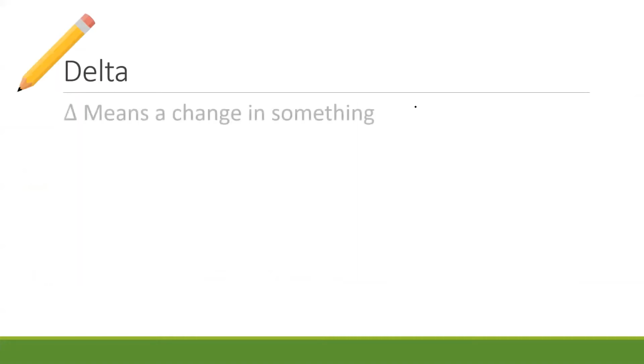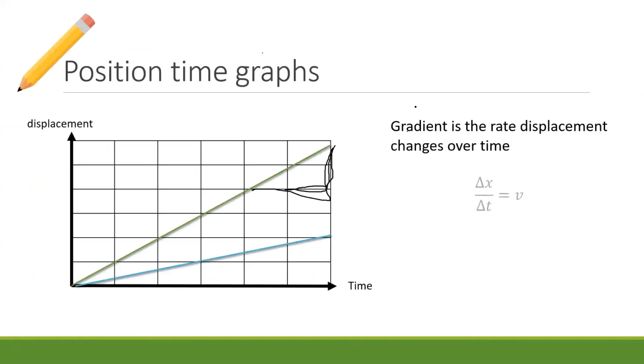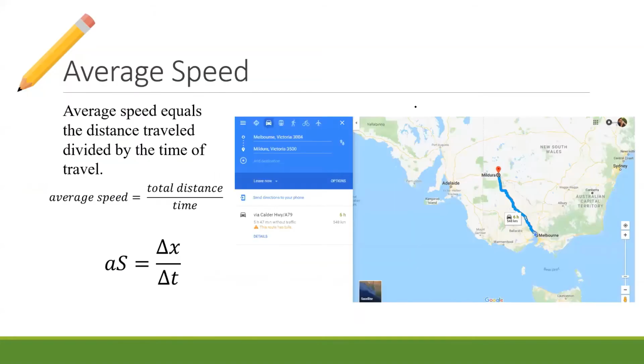So let's do this now. Here we go. We're going to start with average speed first, just because I think this is a good place to start. Now, average speed equals the distance traveled divided by the time taken to travel that distance. So what we do with average speed is the total distance traveled divided by the total time taken. So it's still a change in displacement over a change of time, but the difference with average speed is this idea here: total distance divided by total time.